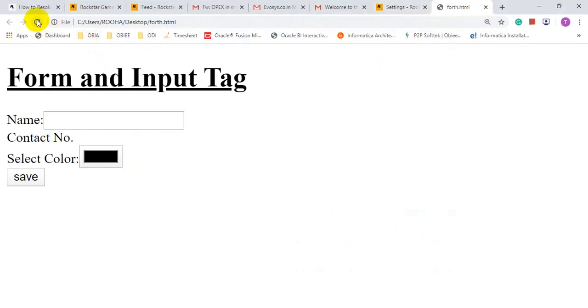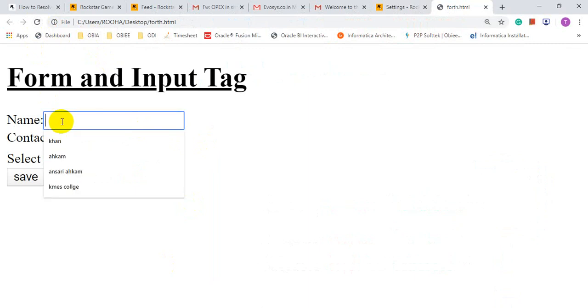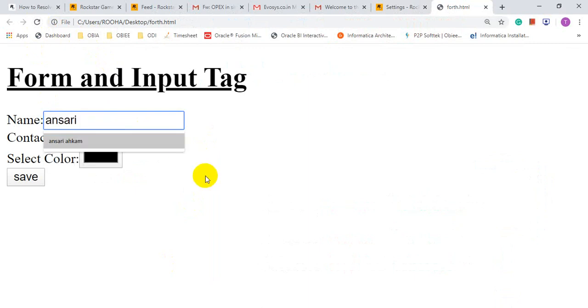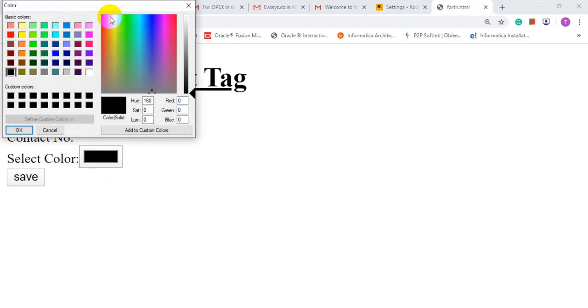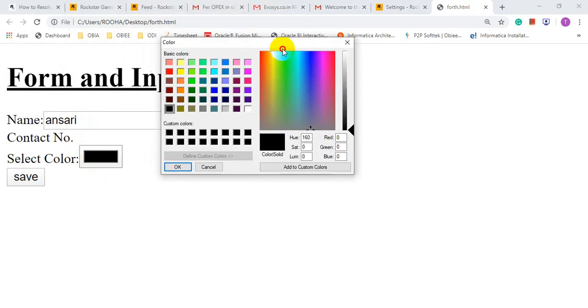This text box is coming from input type equal to text, Ansari. Then what is contact number? It's input type equal to hidden. Then select color. I have used input type equal to color, so by default it shows a color box. When you click on that, it displays a color chart.